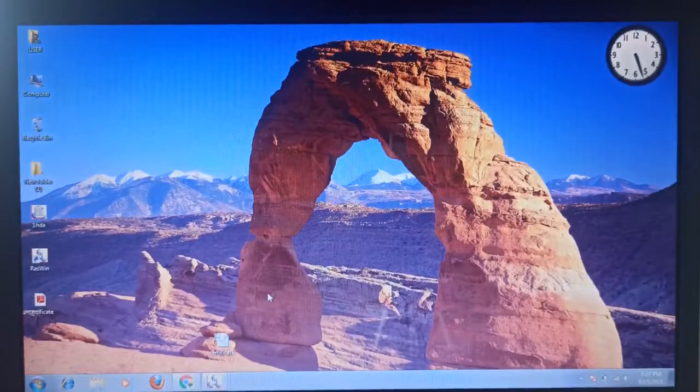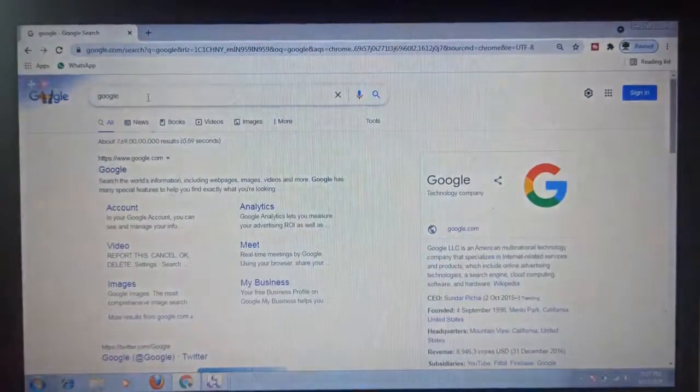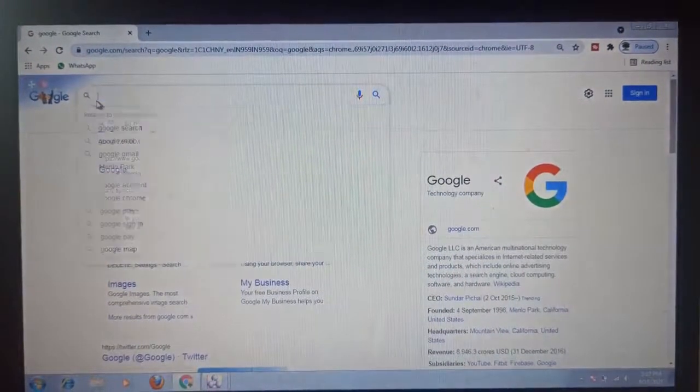Today in this video we are going to see how to search and download a file from rcsb.org. We are going to download a file from the Protein Data Bank and analyze it using the software called Rasmol. For that purpose, first of all you have to download the software for Rasmol.